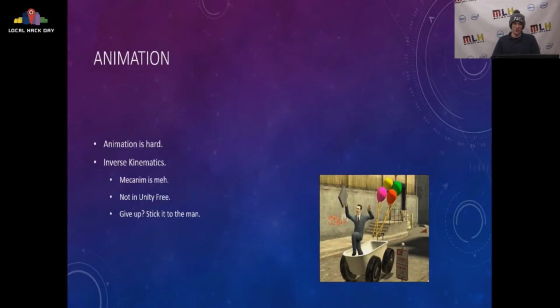So animation is hard. I wanted to dig into this for this talk because the last couple times I've been in a hackathon and tried to do something with the Oculus, we've had to skip over animation because things are difficult. You essentially need to end up using inverse kinematics, which essentially means you have a bone chain and a target position, and you want to find the rotations that the bones should have to match the location. And Mecanim, which comes with Unity, has this built in, but it's not great